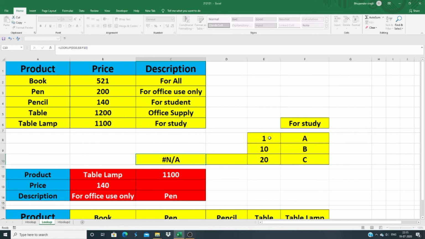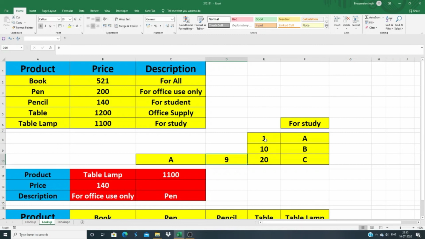put bracket, press enter, and you can see we have an error right here. The reason behind this error is that we selected the D10 cell, and in this cell we do not have any value. So we need to put some value right here, and you can see as I typed 9 we have the answer A. So this is the rank for number 9.